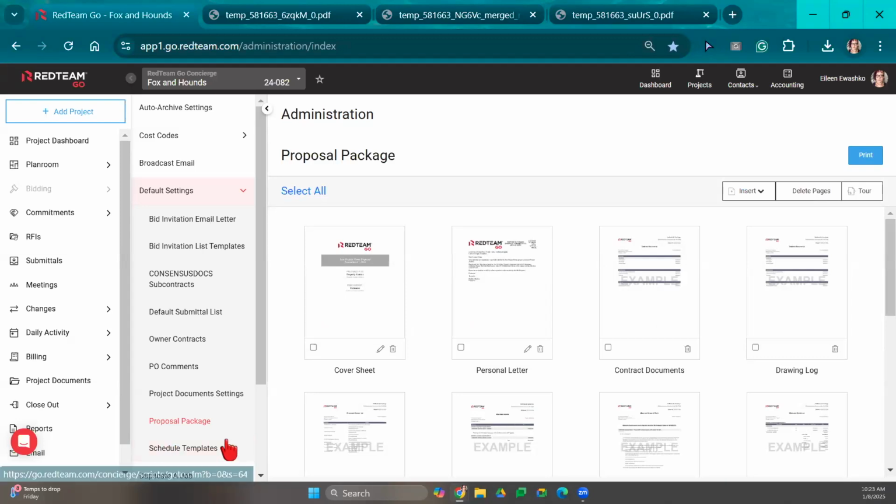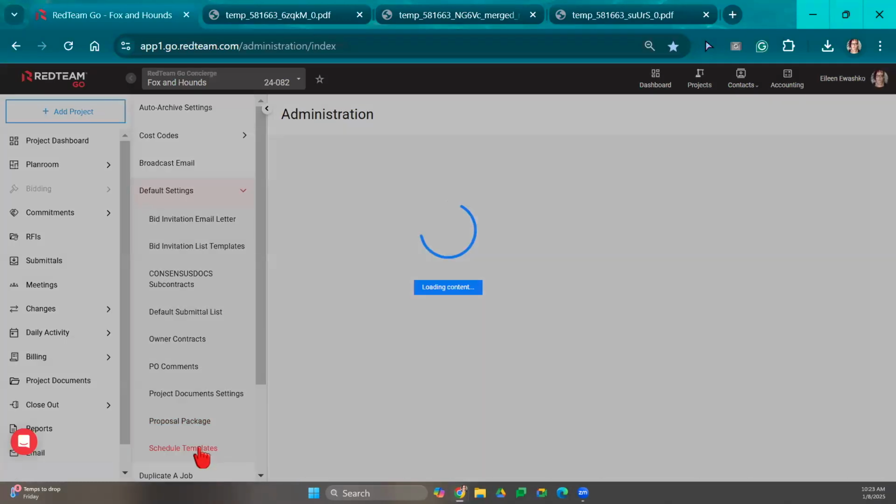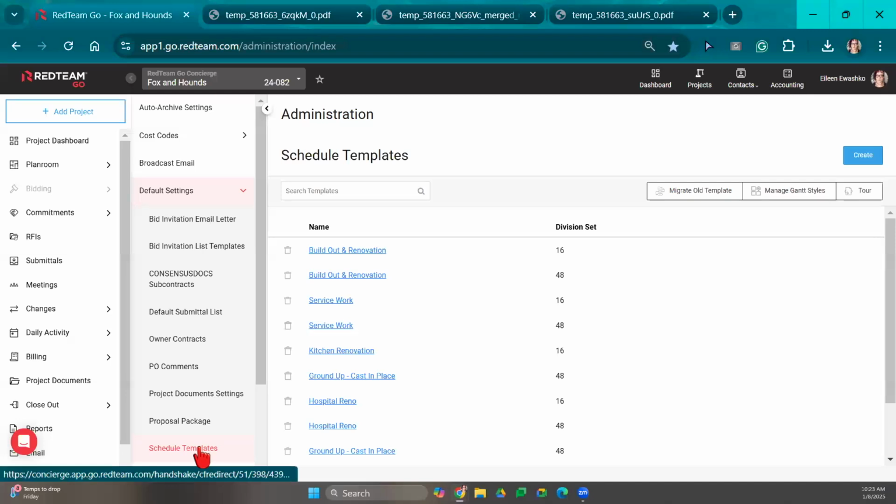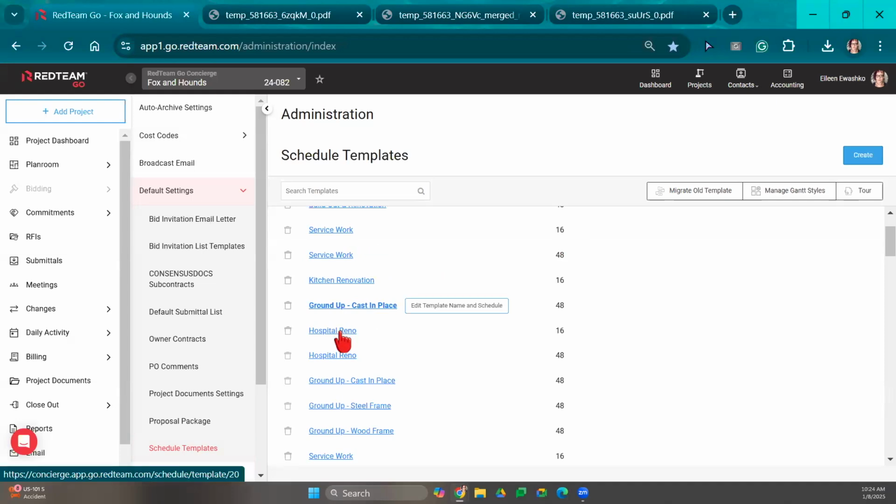Nope. Okay. Alrighty, so here are our schedule templates. So you all have schedule templates already pre-built into your system, just like your estimate templates. And they're going to match the estimate templates that were pre-built into your system. You've got a build down and renovation for the 16 division set, and you also have one for the 48. And then you have a service work template,